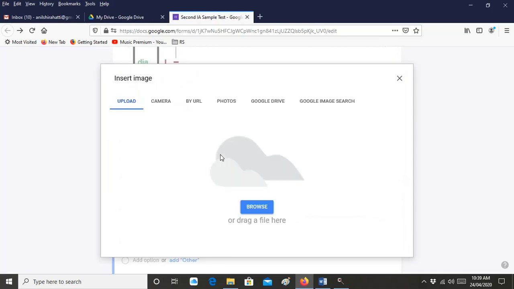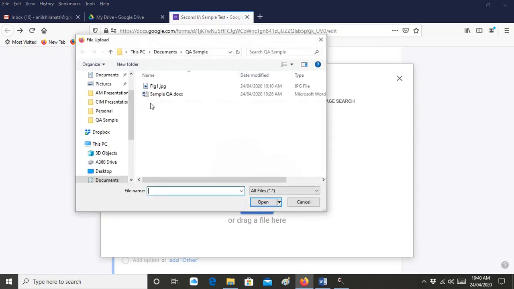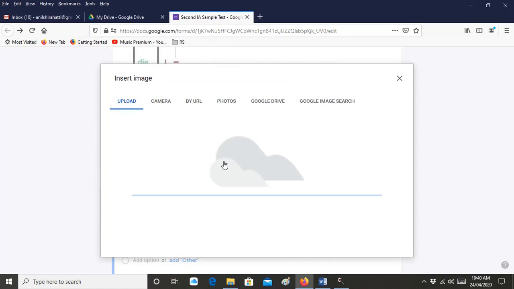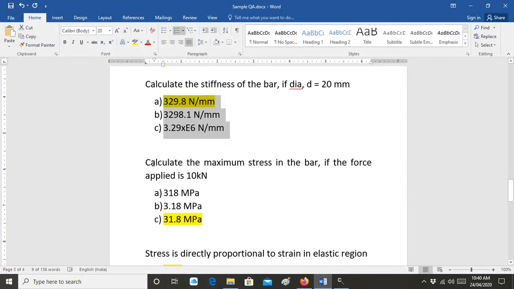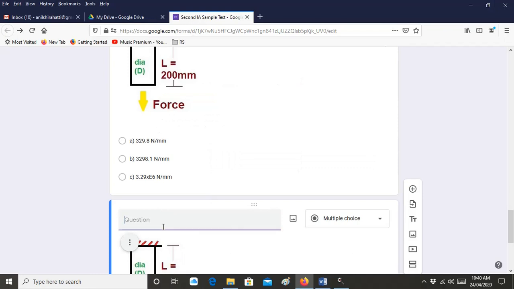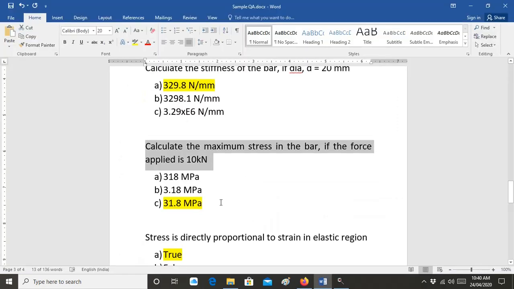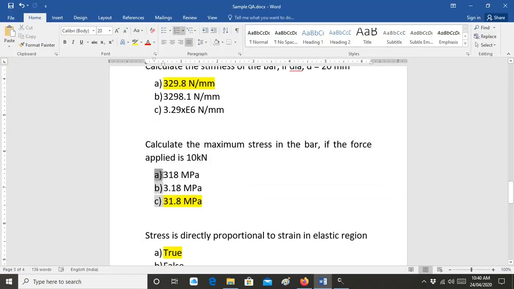So similarly again I want to use that image. Okay, so in this case I have told, okay, calculate the maximum stress, and these are the 4 answers.